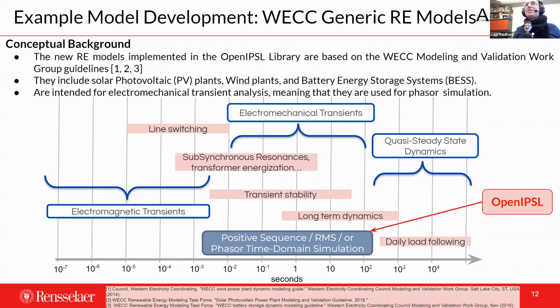Okay. So the new developments we're focusing on are implementing this WECC type of models for renewable energy resources. Our library has to follow what is being done by the community. So even though I can make models that cover the entire timescales, from ultra fast to slow, in Modelica, I am trying to reproduce and show that we can do the same thing here so they can be adopted, right?